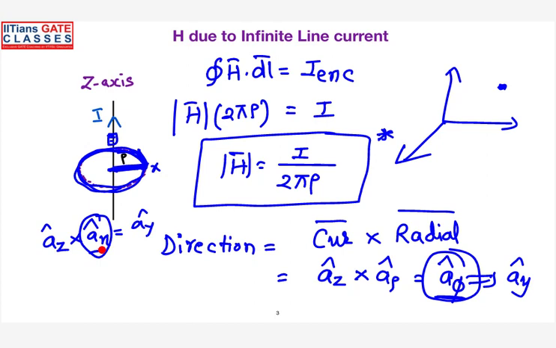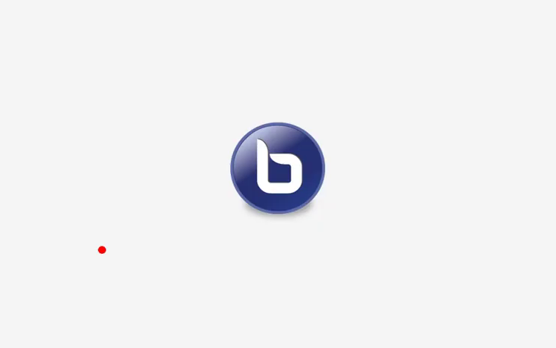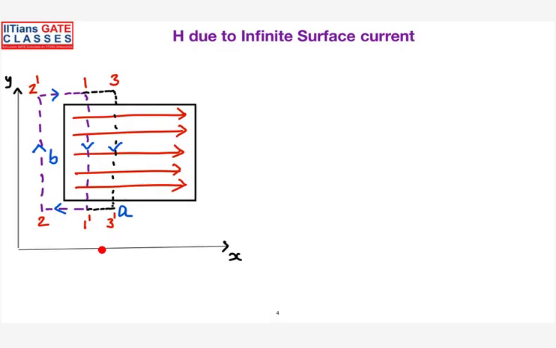So then we'll go ahead. The approach remains the same irrespective of the type of the distribution. So now I try to discuss the magnetic field intensity due to the surface current. This is very important. You have to concentrate here more. So I have a sheet of current which is carrying a current and located in the XY plane. And the current density lies in the direction of X. That means the current is flowing in the direction of X.